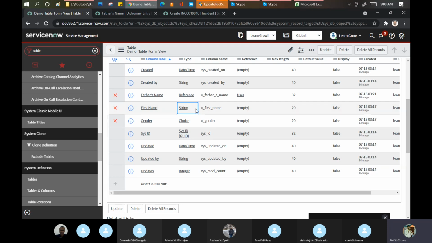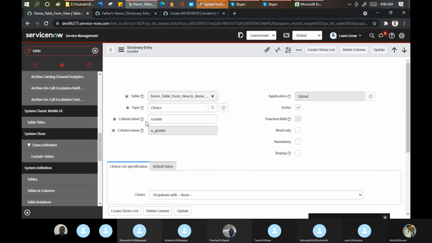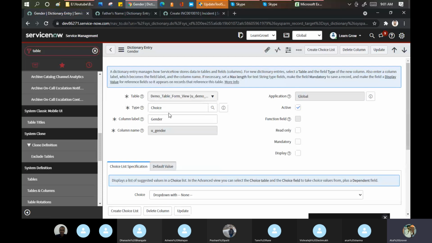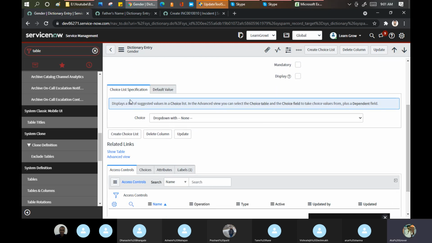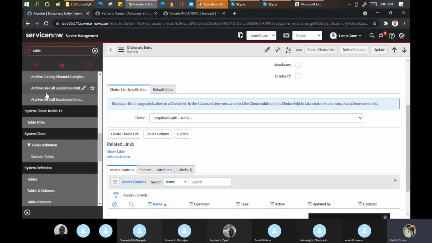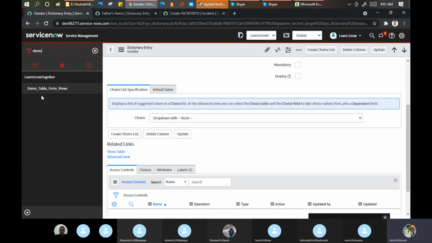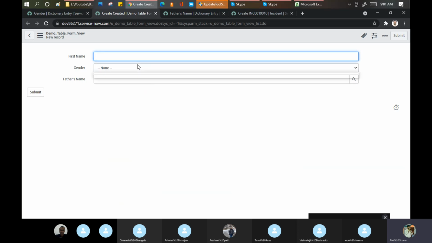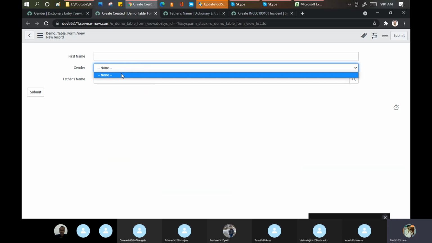Now, the next point I want to show is how to add a gender choice here. Definitely, you put a choice field for the gender. Then what you want to show in the gender, male, female. By default, it's showing me this thing. We should put a very small name for our table actually. See, it's showing only one thing, none. From where is this none coming? We did not configure anything.